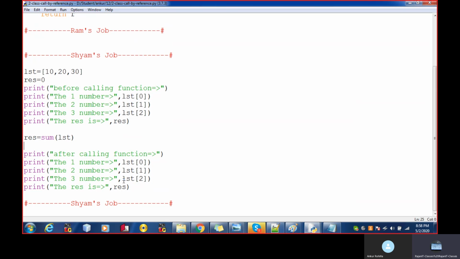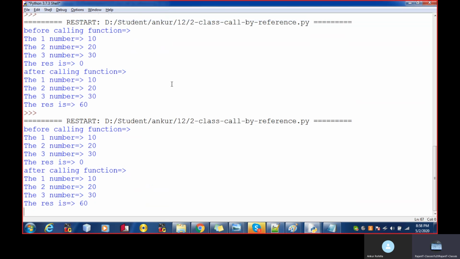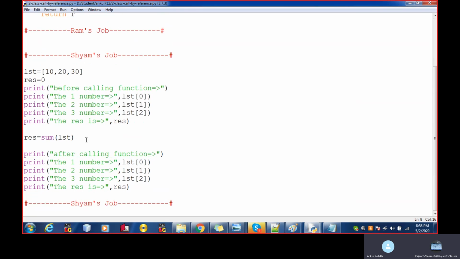This also is RES. Why is it displaying 60? It shouldn't display 60. It should display 420, I think, right? 300 plus... yes, 420. Yes, it should display 420.